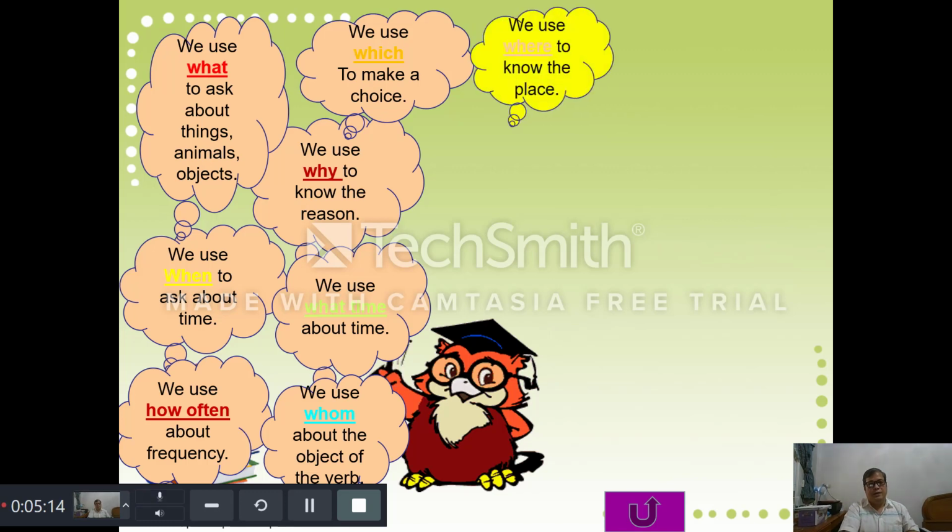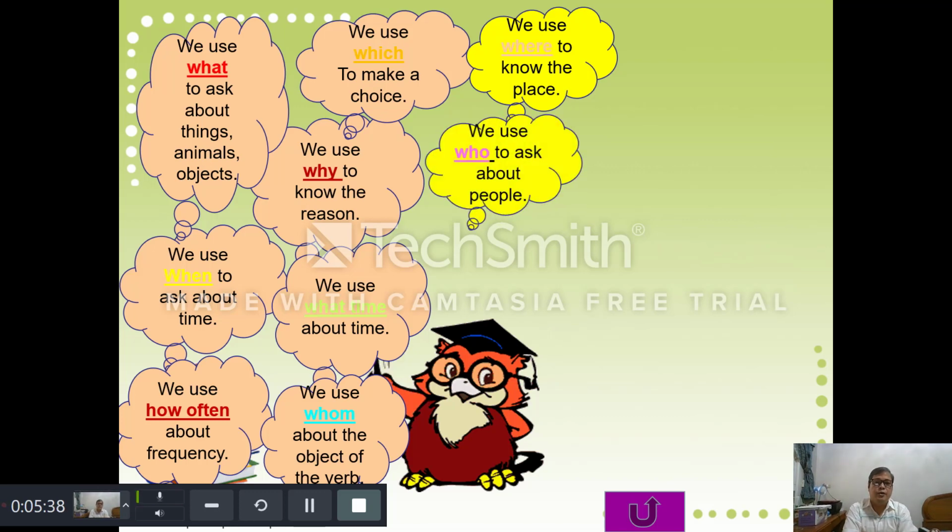and then we use where to know the place. Like people ask you, "Where do you live?" "Where do you study?" So we talk about places. "Where's the toilet?" "Where's the nearest bank?" So you will use where when we talk about places. Then the next one, we use